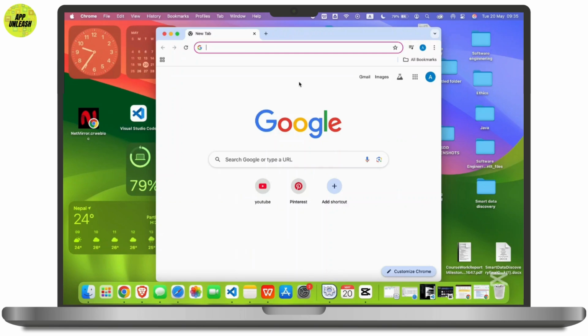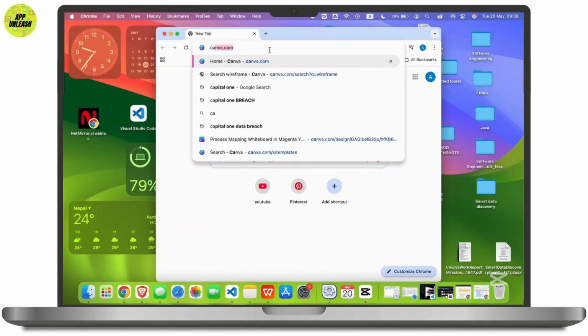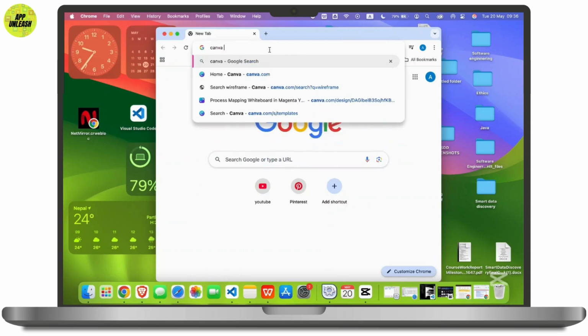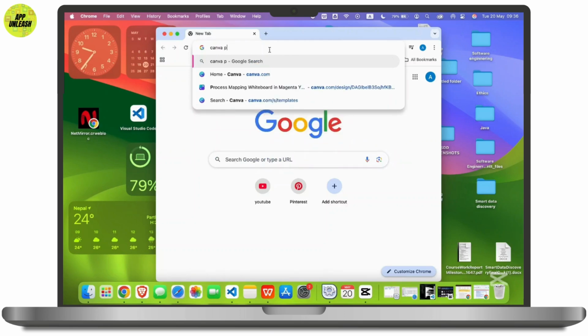First of all, open your preferred web browser. Then in the search address bar, simply search for the Canva PDF editor and hit enter. Make sure that you have already created a Canva account for this to work. If you have not, then simply create a Canva account first, and then search for the Canva PDF